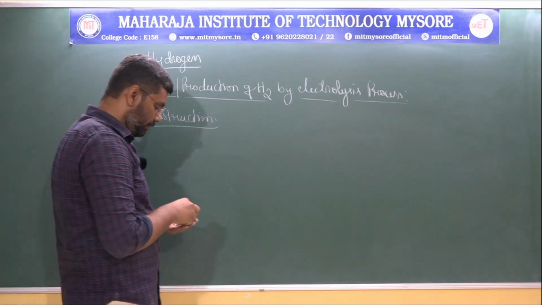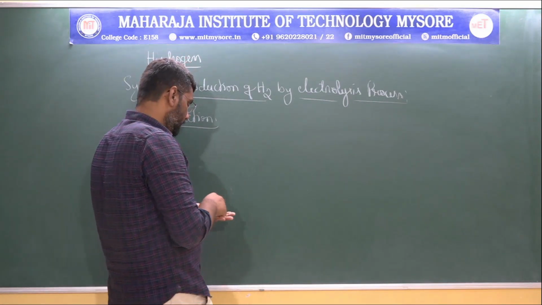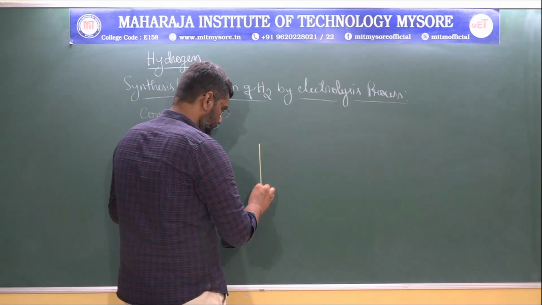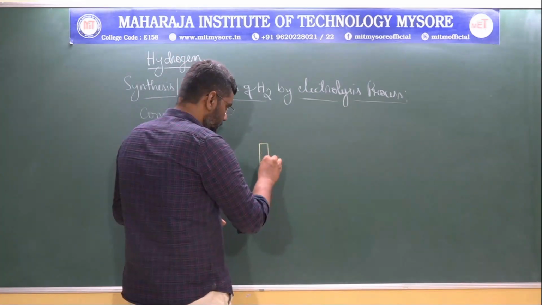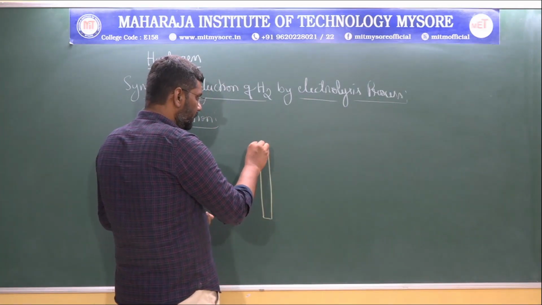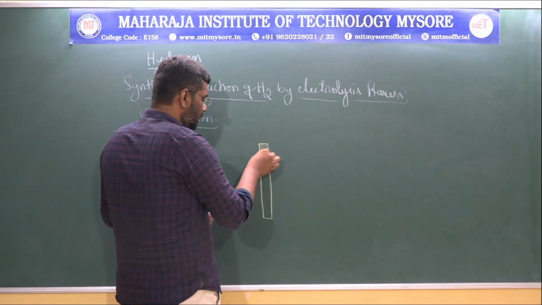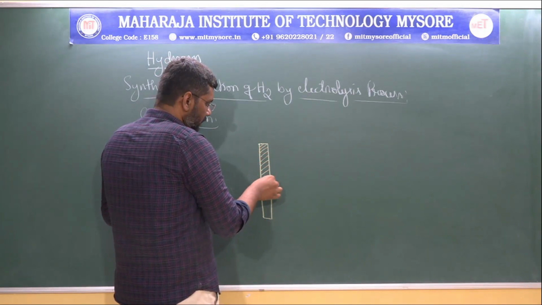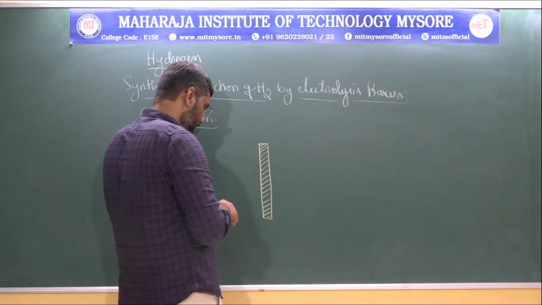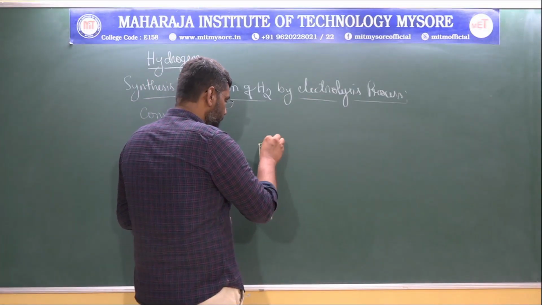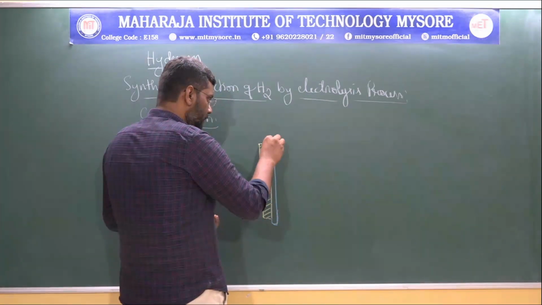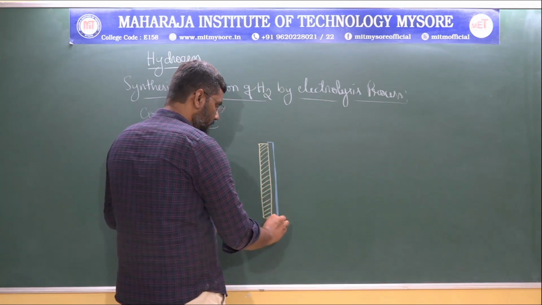In this construction part, first we consider an anodic material. It is purely made up of nickel, a porous nickel, and this nickel is coated with an asbestos diaphragm. So this asbestos diaphragm, we know what asbestos is. It's nothing but a substance